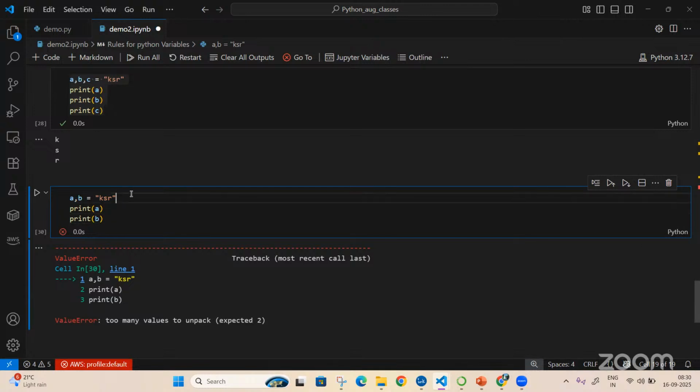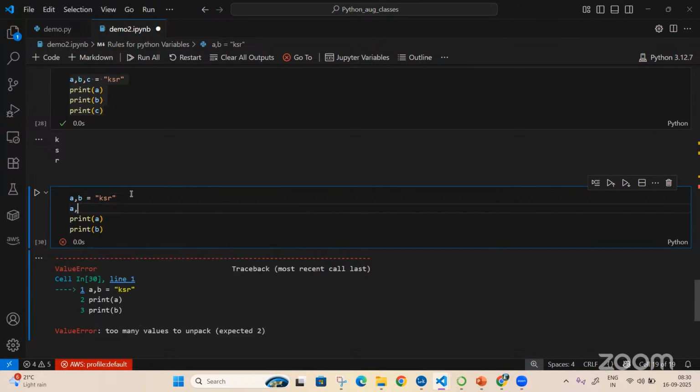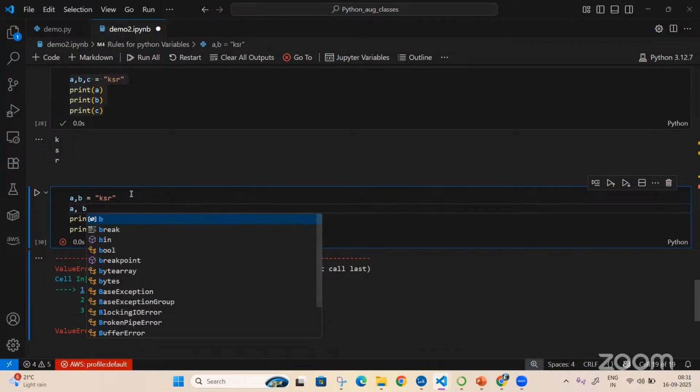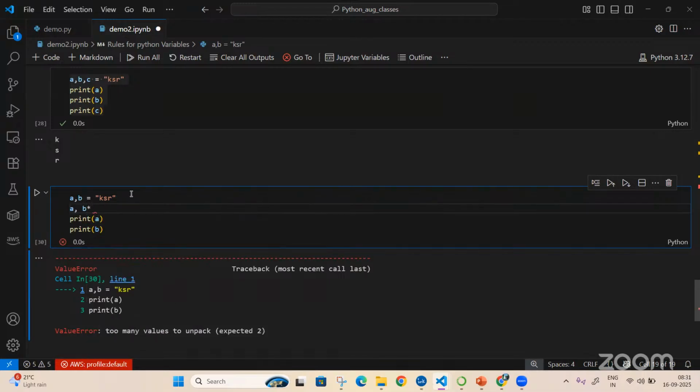At that time, I'll put something as A, comma, B, star equal to word.